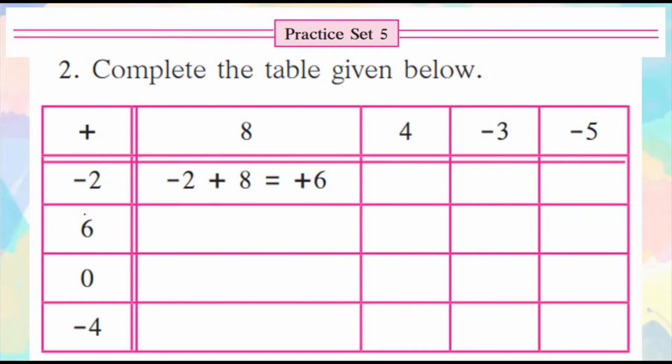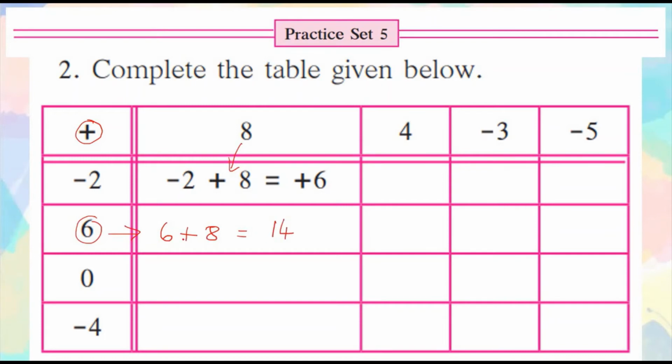So the first, this 6 and 8 we will solve. So I'm going to take this number first. So I'm going to write here 6 and then this 8 also I'm going to write. And between them we have this positive sign. So between the numbers I'm going to write one positive sign. So 6 plus 8 we get how many?